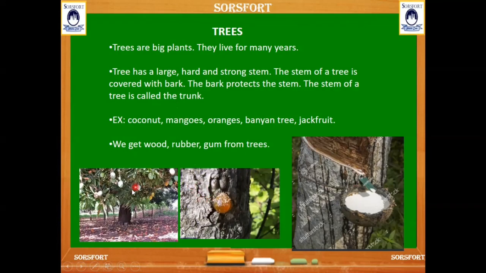We get fruits from the trees, a lot of fruits like coconut, mango, orange, banana, jackfruit. And we can see some trees like the rubber tree, where rubber is collected like this, and we get gum from the trees, and we also use the wood which we get from the trees.